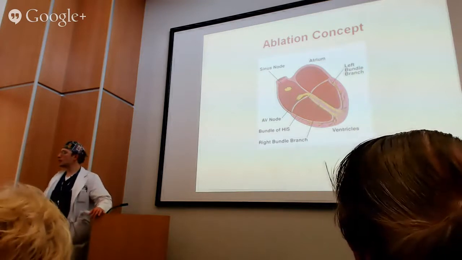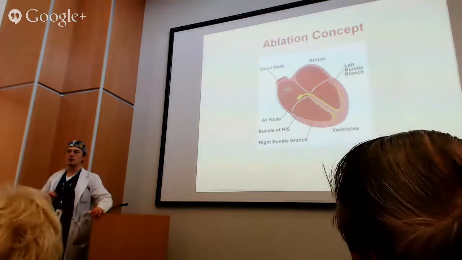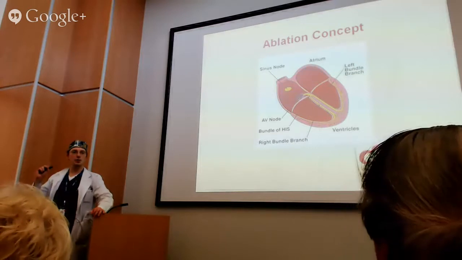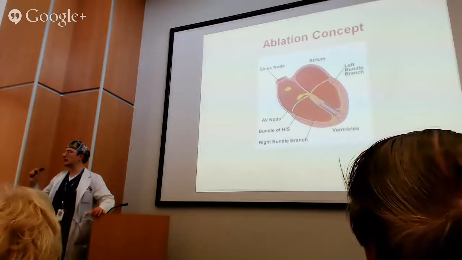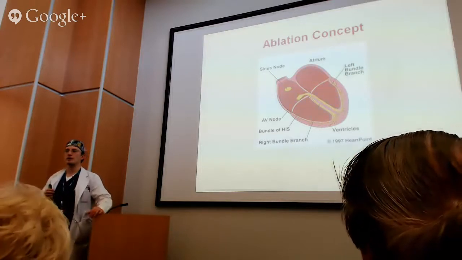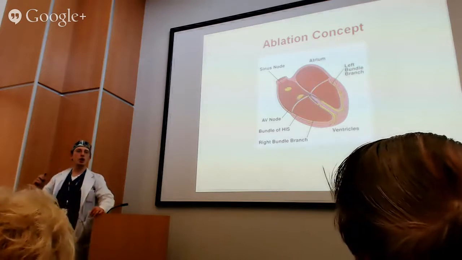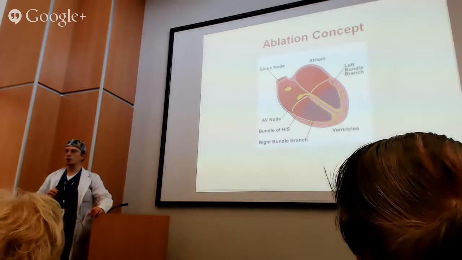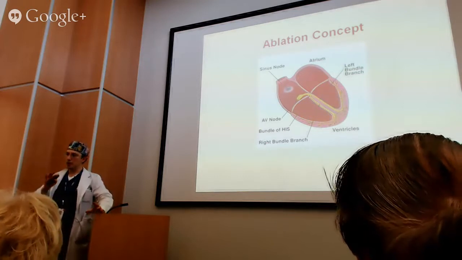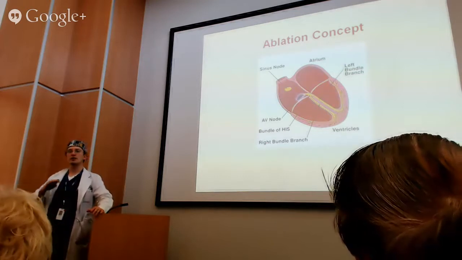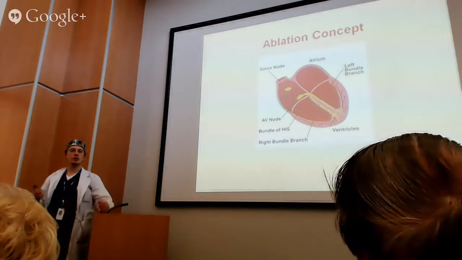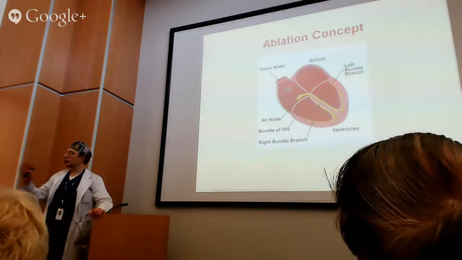Anyway, this is the normal electrical system of the heart. The impulses of the heartbeats are generated in the top chamber of the heart in the area that's called the sinus node. It is an area of the heart that determines how fast the heart should beat. It goes slow at rest. It goes fast with exercise or exertion or under stress. It adjusts the heart rate.